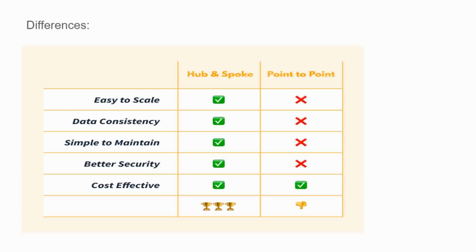So if a centralized system goes off, then your other remaining systems which are connected to the hub will be gone, right? But in the case of point-to-point, if the system which you are connecting fails, only that system fails or is not able to transfer the data, right? So security-wise, in my view, both hub and spoke and point-to-point remain safe